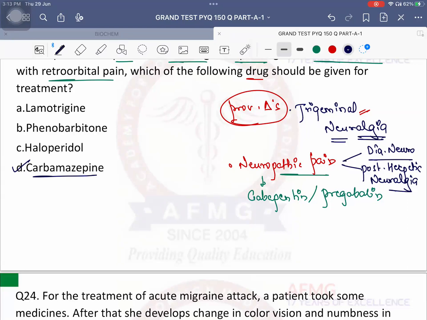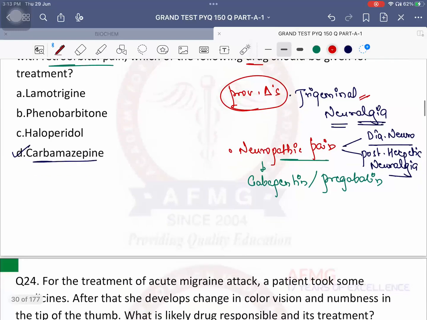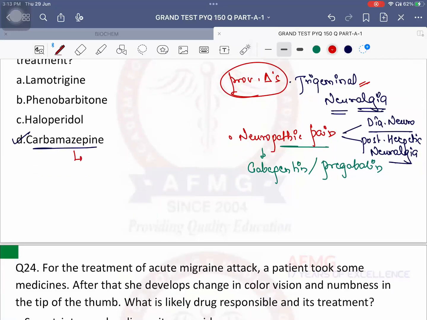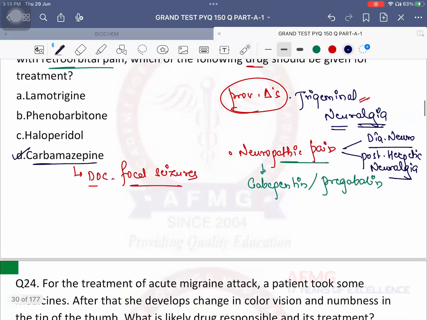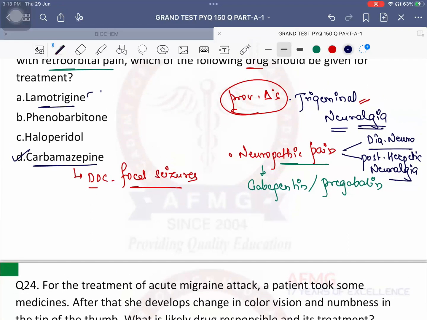Drug of choice for them is GABA analogs like gabapentin or pregabalin. Carbamazepine is also the drug of choice for, which kind of seizures? Very good. So drug of choice for focal seizures. But focal seizures in elderly, the drug of choice should be? Very good. So drug of choice for focal seizures, overall answer is carbamazepine. But drug of choice for focal seizures in elderly, then your answer changes to,